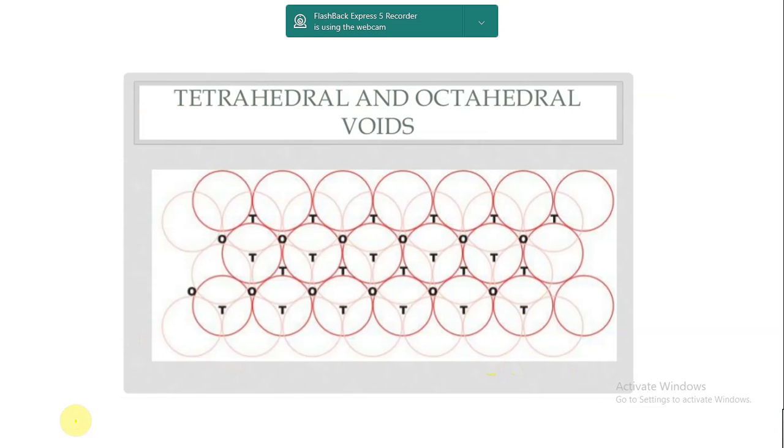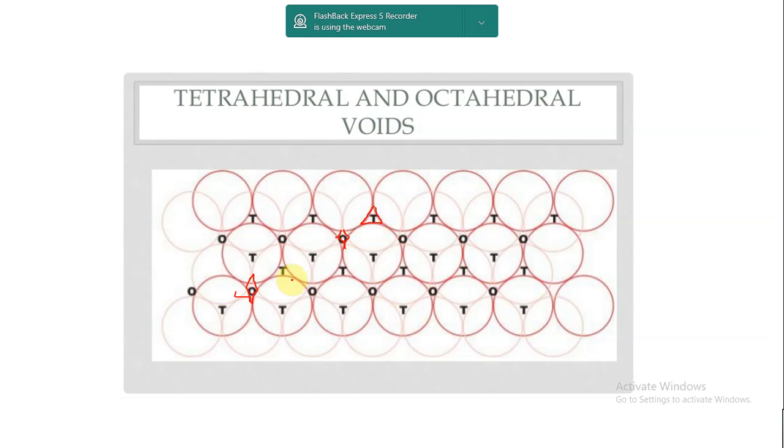So you see what is a tetrahedral and octahedral void, it is being shown here. You see this is a tetrahedral void because only one kind of triangle is formed. So in 3 dimensions it will be in the form of a tetrahedron. But here you see the octahedral void, a top triangle is formed and the bottom triangle is also formed. You see like this. So this is an octahedral void denoted by O, and this is a tetrahedral void because only one triangle is formed. Okay, got it. So this is how tetrahedral and octahedral voids are formed.